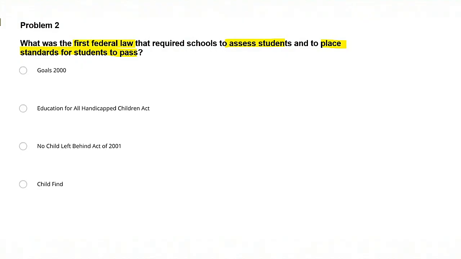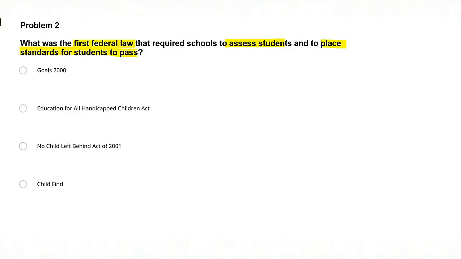The No Child Left Behind Act of 2001 focused on assessment, standards, and accountability. The schools were given Title I funding so that they could help their students do well on standards-based assessments. So this was definitely a bill that was focused on making sure that the students were successful and that they passed. So this could very well be the best choice. But let's look at the final selection.